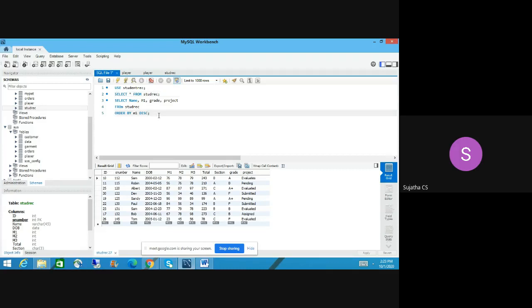So how do you write that query? Let me take this. Okay, I want name. Yeah, total. Okay, we'll change it to total. And then grade, section, and then project. Use from this table, and then order by.